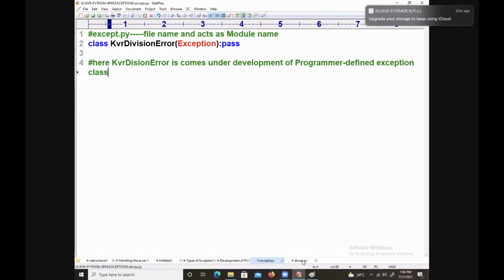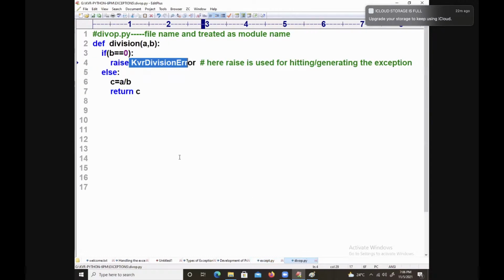And divop.py. Why I'm making you write this is because the same code which I'm writing, in a bigger application you have to understand very easily. divop.py comes under what? Now I will write it.